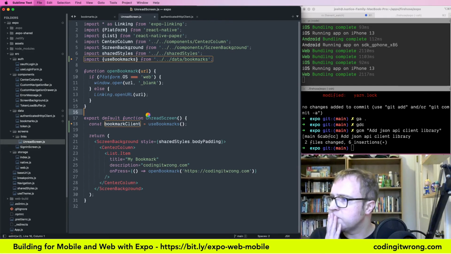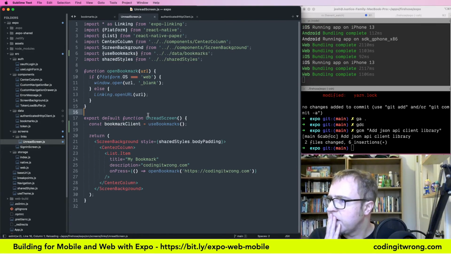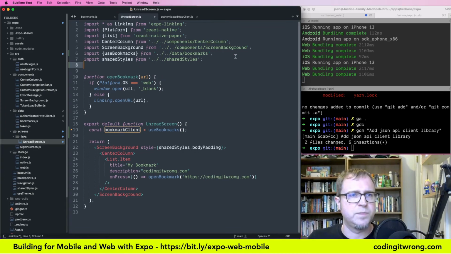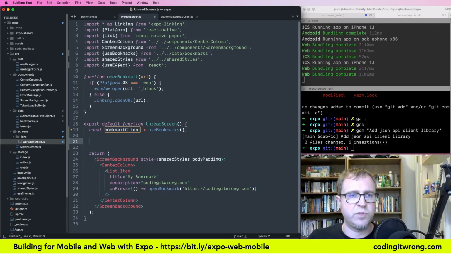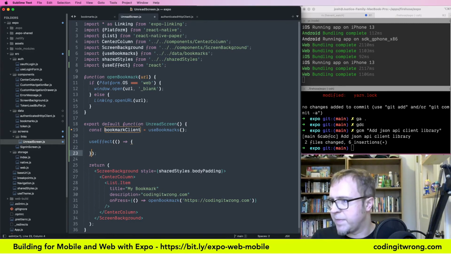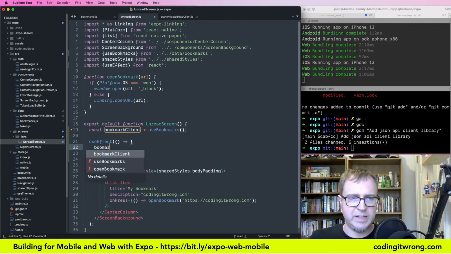So what are we gonna do? Use callback. We probably don't need that yet. Yeah, okay, there's a layer of abstraction I need to go through here to pull it out. Load from server. Use focus effect. Yeah, let's not go straight to that. Let's go to import use effect from React. We want to use our good old use effects to run a call when this component mounts. But maybe a better way to say it is depending on dependencies. So bookmark client